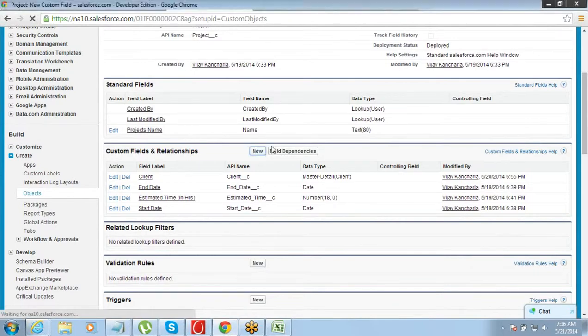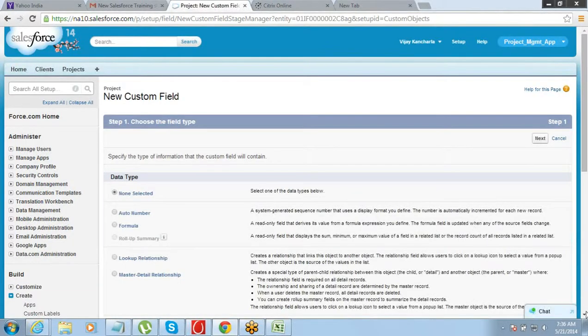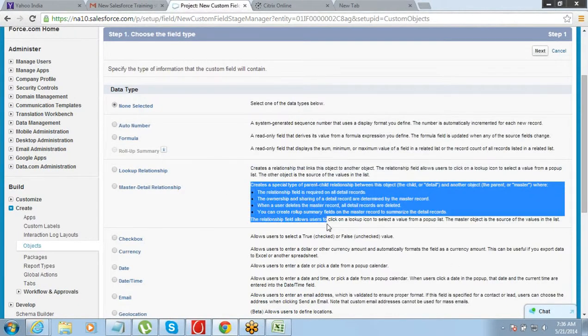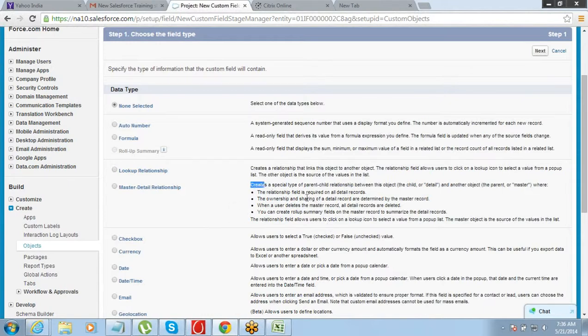When you try to create a new relationship field, here also you get to see lookup and master detail. All the differences that I told you are mentioned here pretty clearly. So you can just refer to this and then create your relationship field.